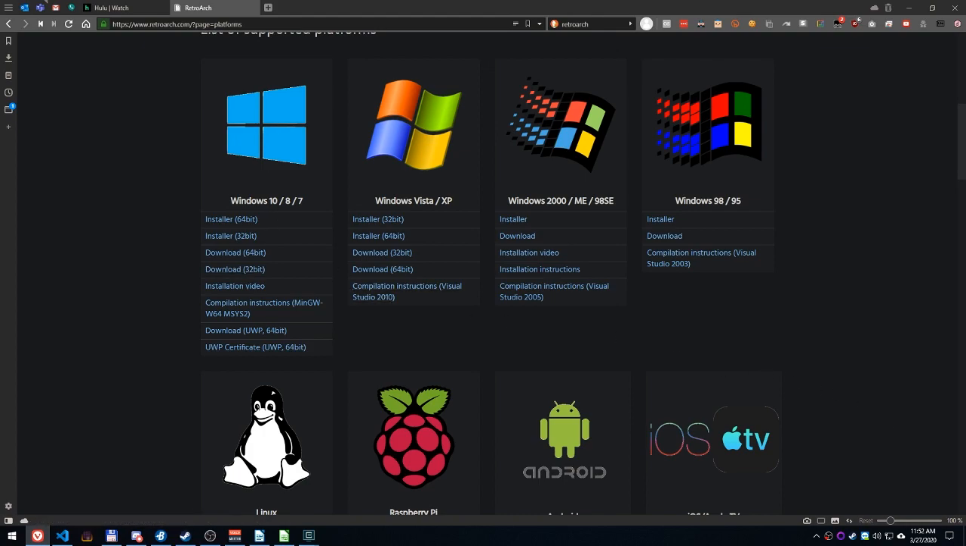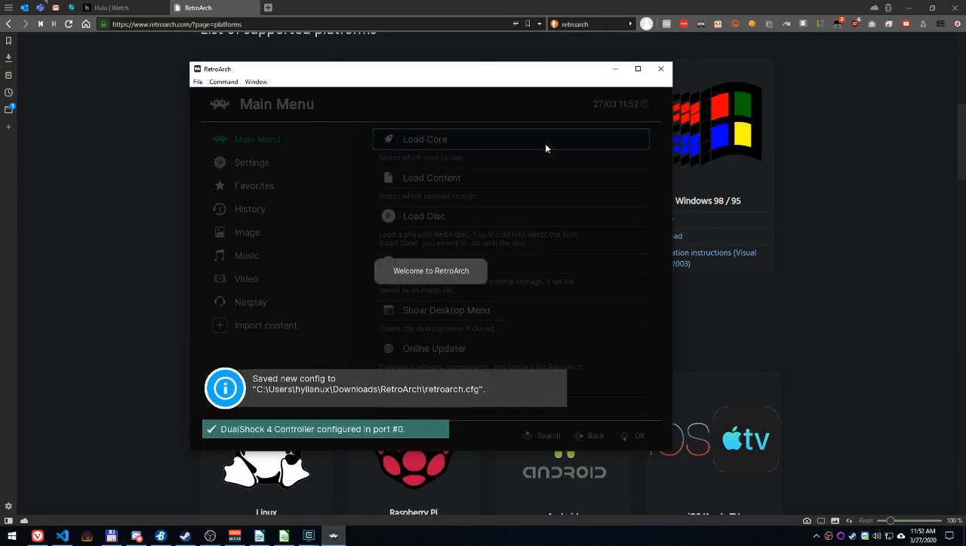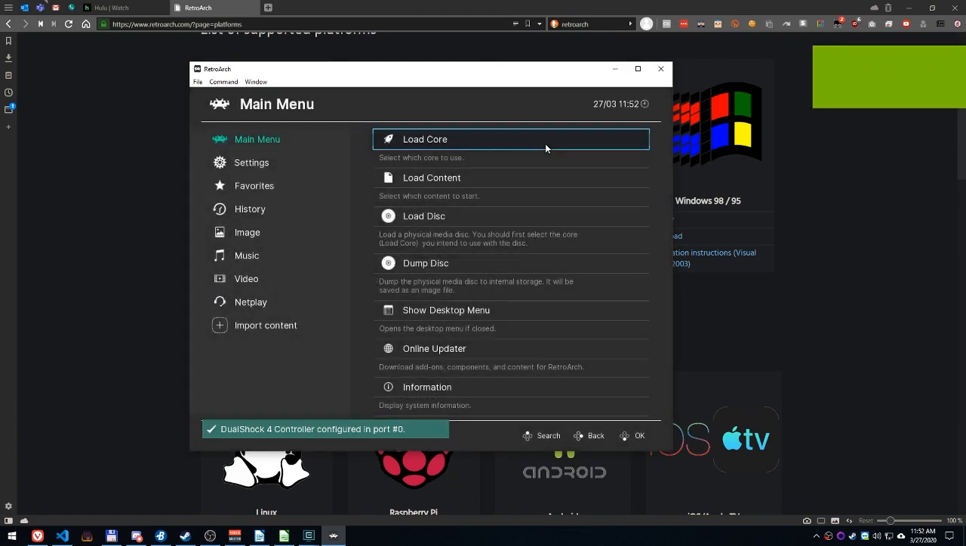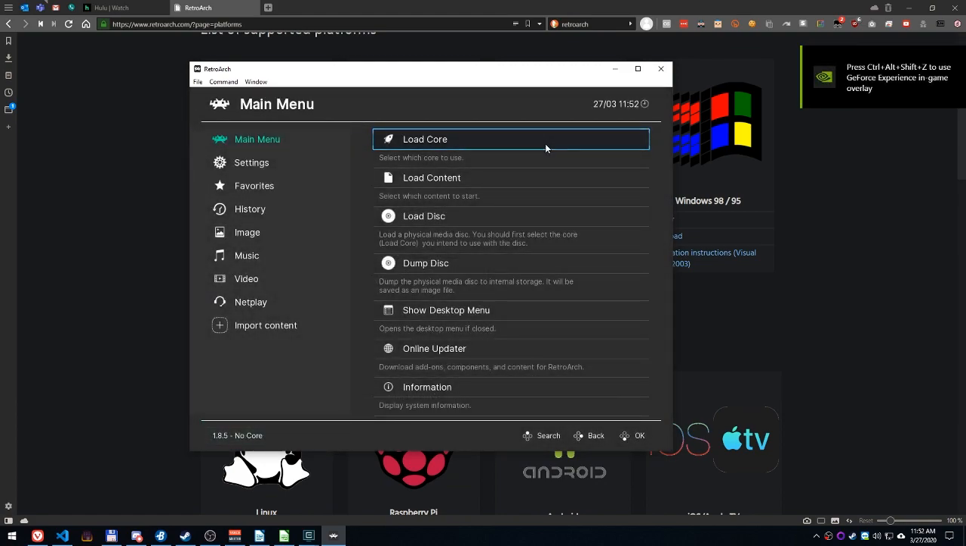I've already gone ahead and downloaded it and installed it, so I'm going to boot it up over here. And we'll move it there. Hey, welcome to Retroarch. I don't see how it could be recognizing my DualShock controller. I don't even have my controller plugged in right now. So that's weird. Anyway,